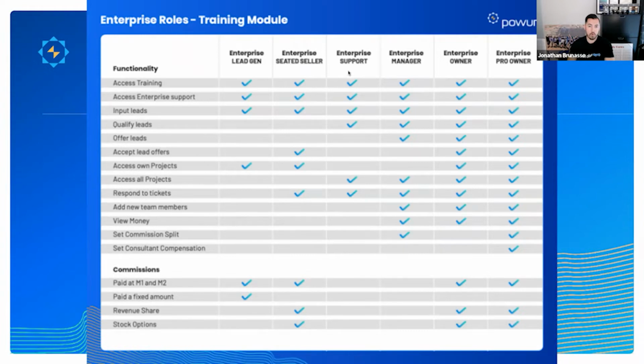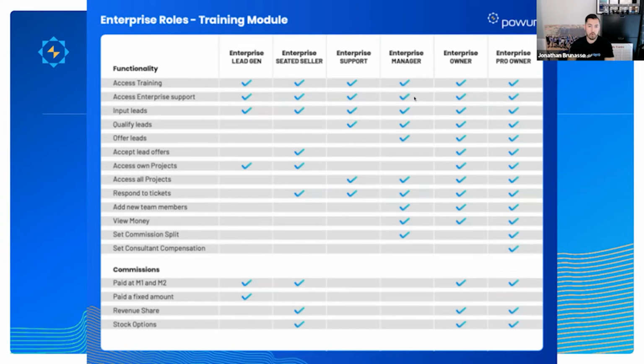And then there are two more roles, the enterprise support, like an assistant, or the manager. I actually have one assistant, I think, and two managers. So my brother and I hired a project manager from another solar company. She's our personal assistant and our project manager. I'll show you her view of my enterprise in just a second. So she gets to come into my enterprise and see everything.